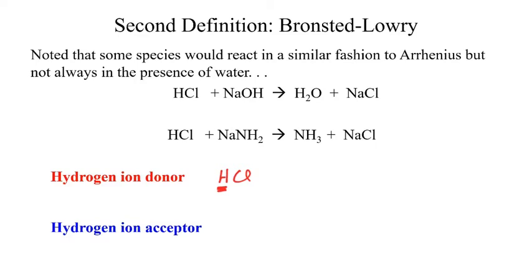And really the base definition is now different, because the base doesn't have to be hydroxide. It can really be any species. The base can be anything as long as, through the course of it acting as a base, it accepts a hydrogen. So it must somehow accept a hydrogen. In the process of accepting H+, it becomes positively charged. This is now our hydrogen ion acceptor, or our Bronsted-Lowry base definition. This increases the breadth or the range for our acid-base definitions, so it can now apply to a larger range of reactions, which is pretty cool.